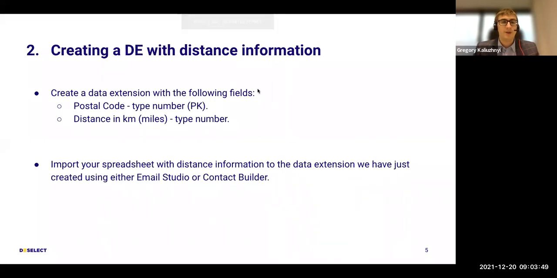The next step is to create a data extension with this distance information. So we will create a data extension with the following fields. Postal code should be the type number, and since postal code cannot be repeated, cannot be added twice, that should be the primary key in this data extension. Secondly, we'll also add another field, distance in kilometers or miles, depending on your metric system, and the type